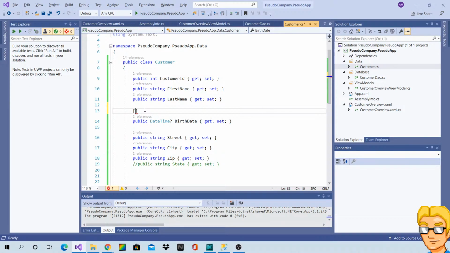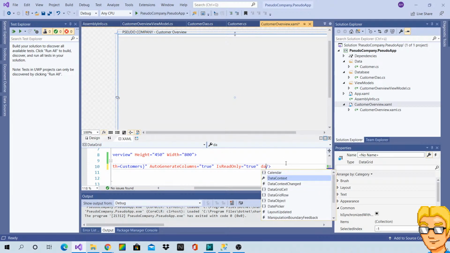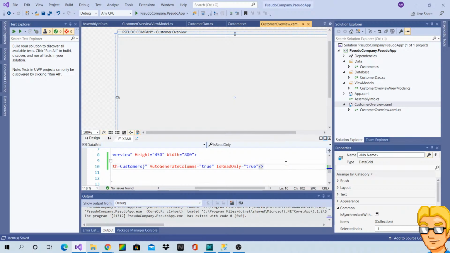I can also do it in the XAML, but there's a display format attribute, but I'm not sure if the data grid actually picks that up.